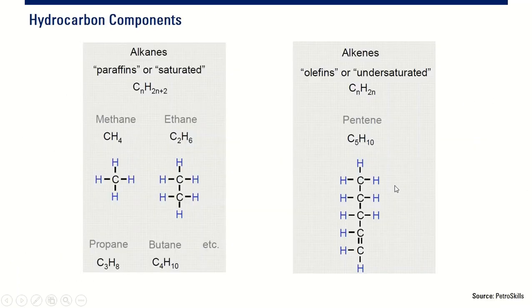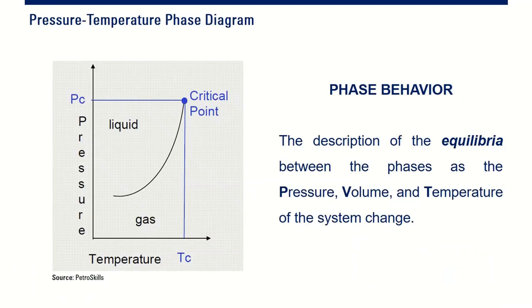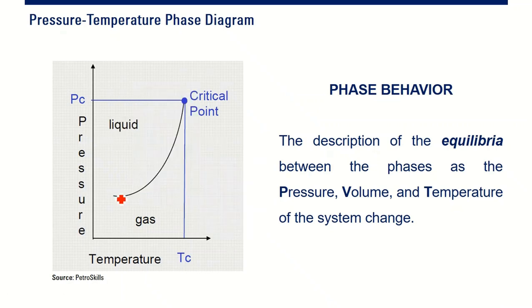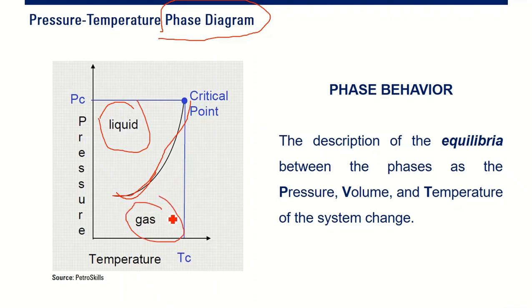Okay, so from these components, now we need to know about the phase diagram, fasa. Phase diagrams are generated by plotting pressure versus temperature, and you will have this line. We call this the phase diagram. This line will separate the liquid phase and the gaseous phase. This is for each component.